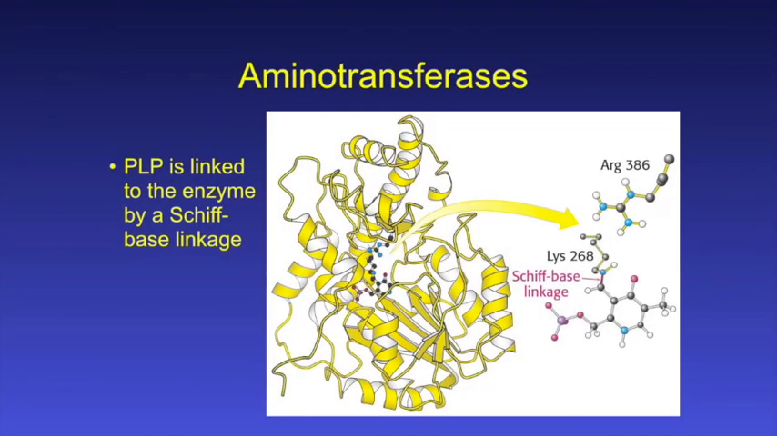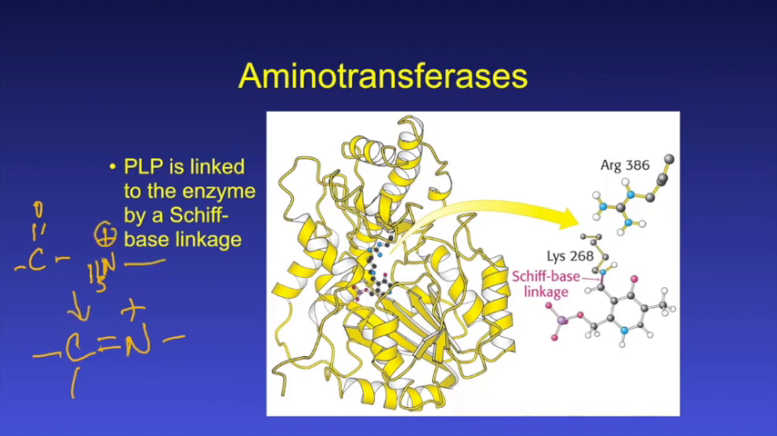Okay? PLP is linked to the enzyme originally through a Schiff's base. What is a Schiff's base? Carbon double bonded to a nitrogen. Usually you have a positive charge, okay? And so what really happens is a ketone or an aldehyde reacts with a free amine